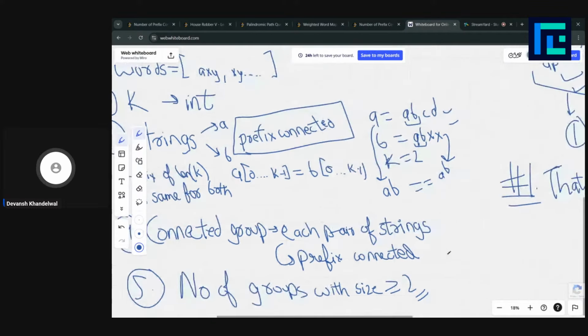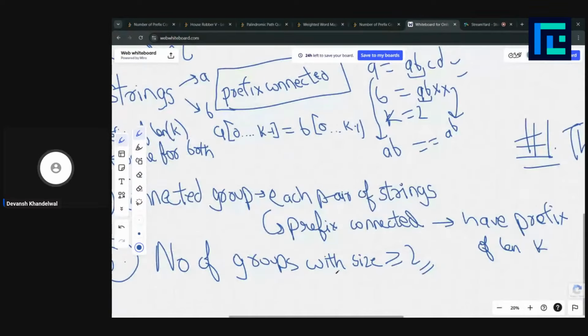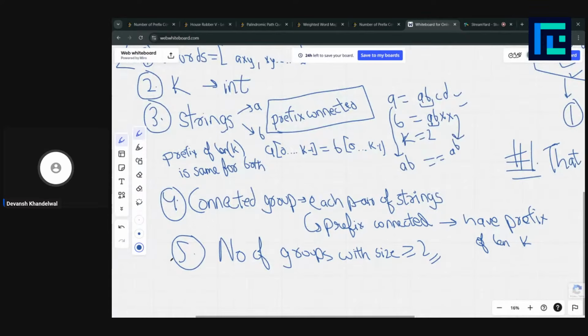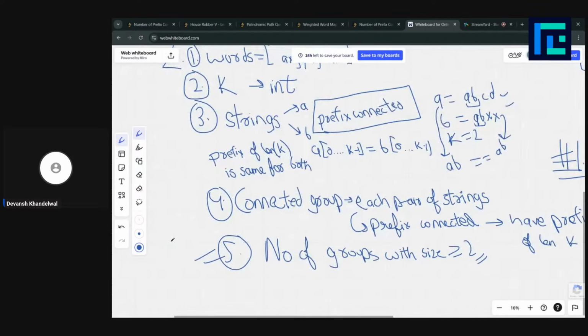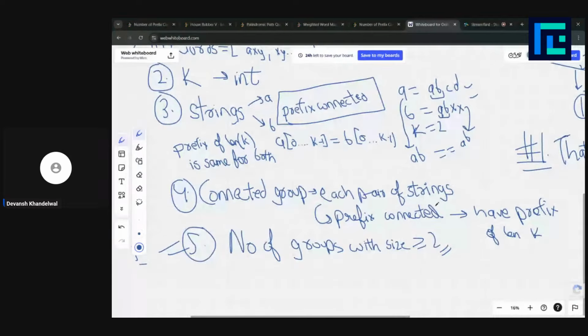That means each pair of strings has the same prefix of length k. And then the total number of groups with size greater than or equal to 2 is our answer. We need to return the total number of groups with size greater than or equal to 2. Okay, great. So this is our example.